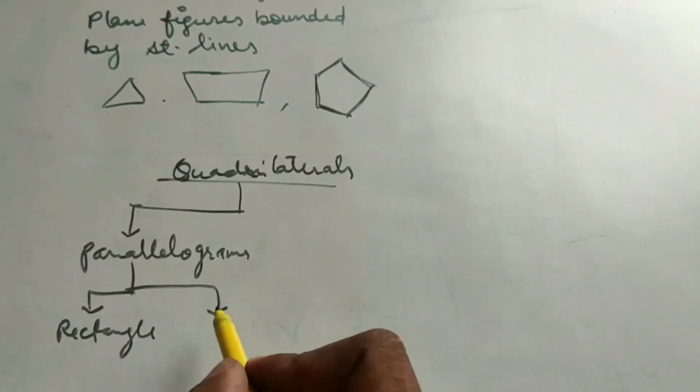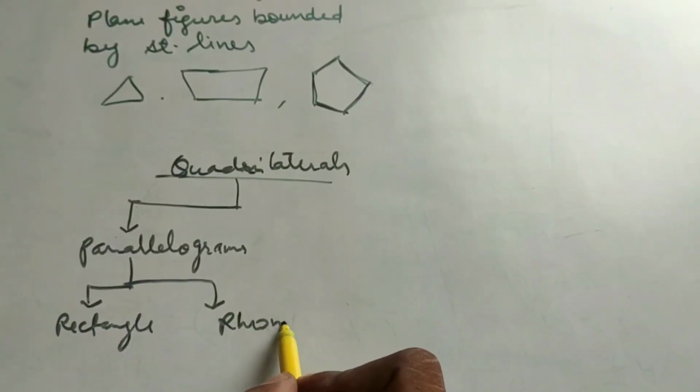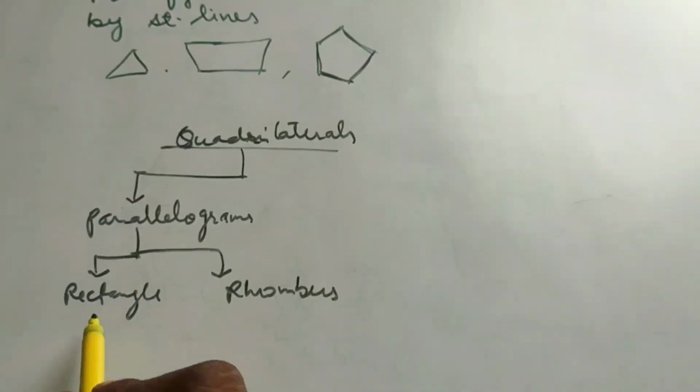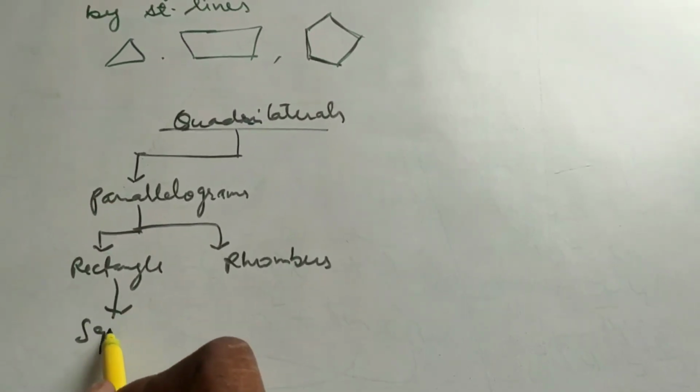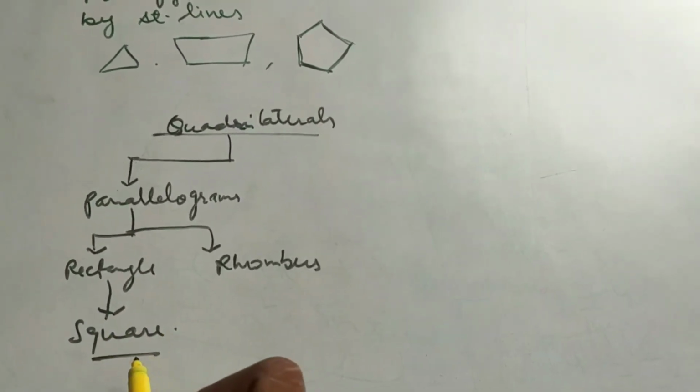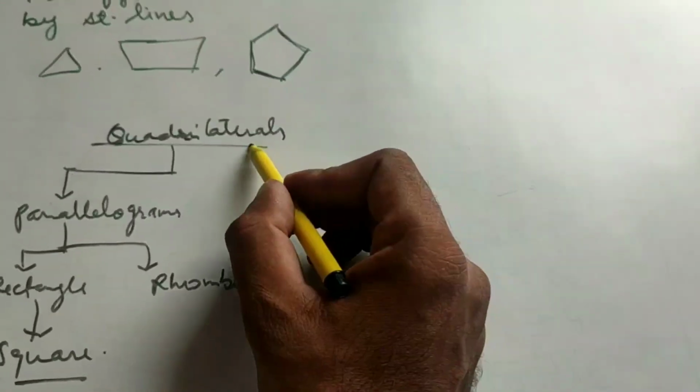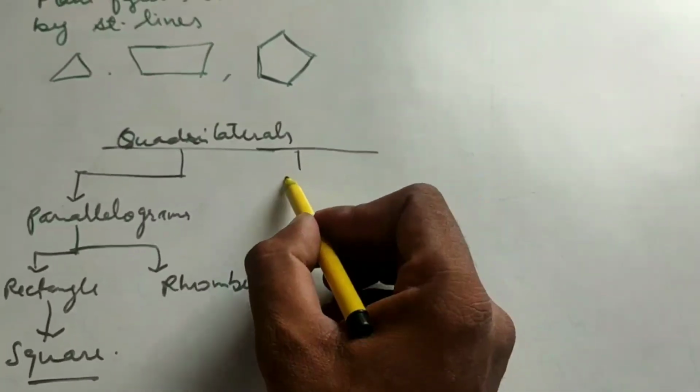Then we can also have this rhombus, and we can also have one more, that is square. Other quadrilaterals which we will discuss will be like kite